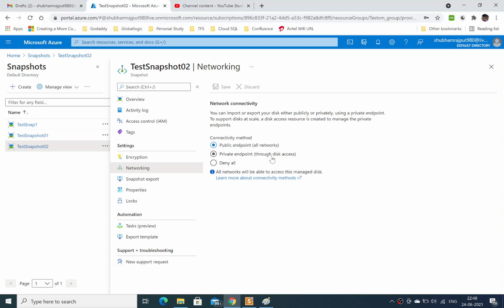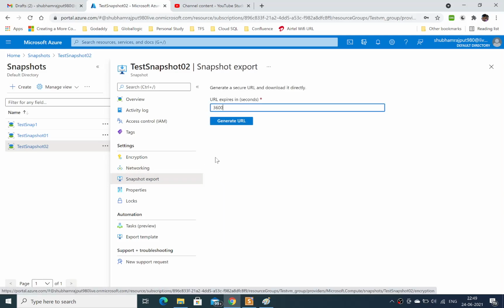The snapshot export option is used whenever you want to use this snapshot in a different region. In that case, you generate a URL and download the image of this disk, and then upload this image to the other region.